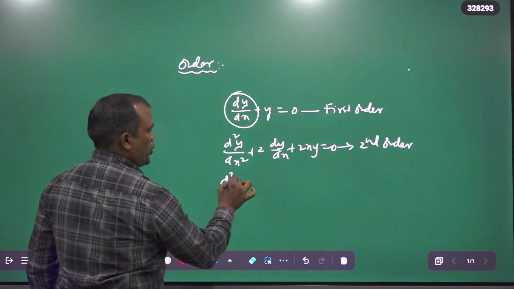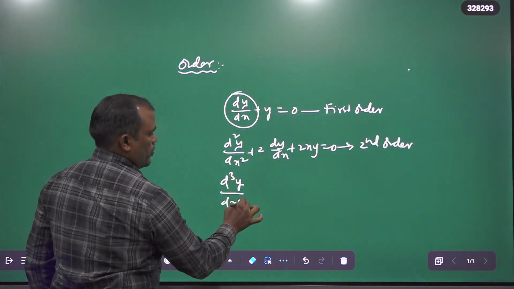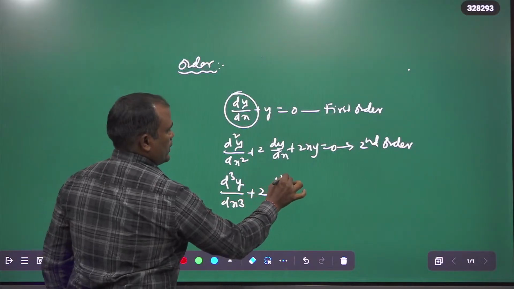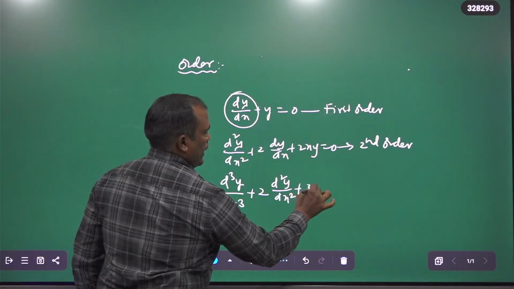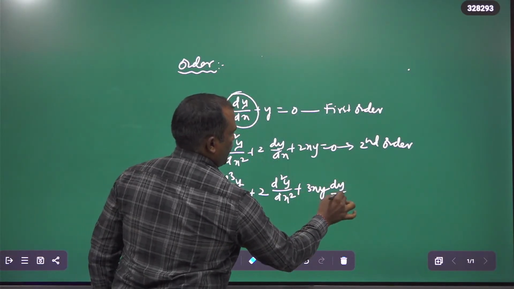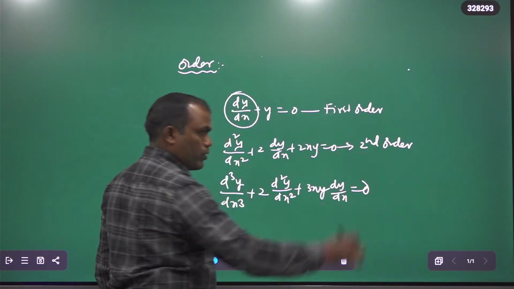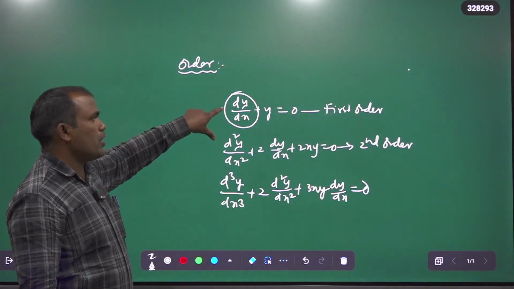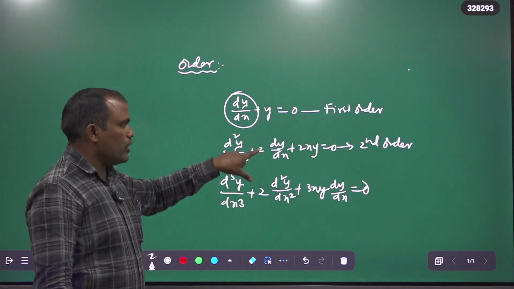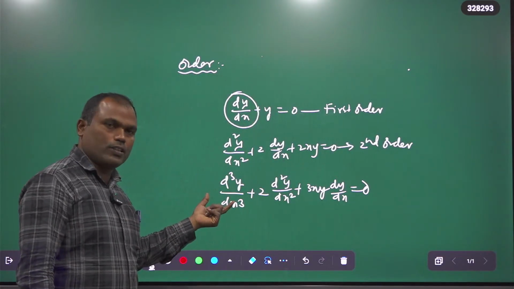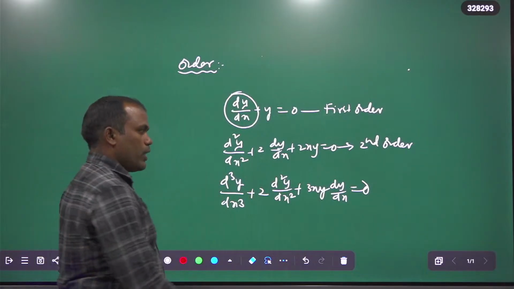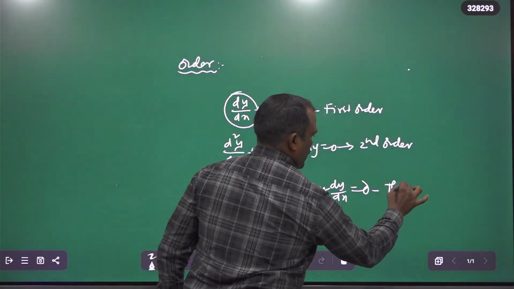Next I am writing d cube y by dx cube plus 2 into d square y by dx square plus 3xy into dy by dx equal to 0 is given. So this differential equation is first order, this differential equation is second order, and this differential equation is third order. So I can write this is the third order